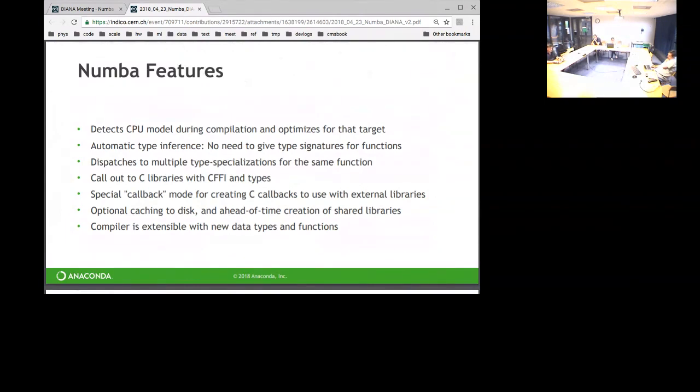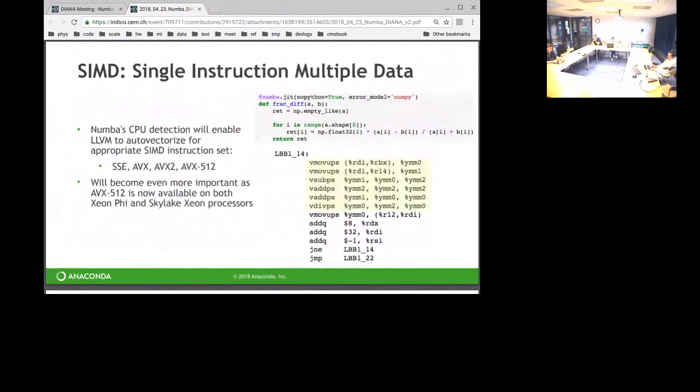So slide 11, I just wanted to call out real quickly that LLVM does auto-vectorization. It can identify some for loops as executable using vector instructions, which can operate on multiple elements in parallel. The nice thing about a JIT is that you will generate code for the particular vector instruction set you have access to on the machine you're sitting in front of. Whereas if you compile ahead of time, you have to decide what level you want to support. You might say, okay, I'll support AVX, so only Sandy Bridge and later, let's say. But then you're missing out on AVX 512 if some of your machines have newer processors.